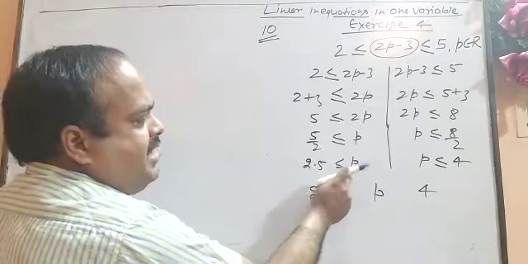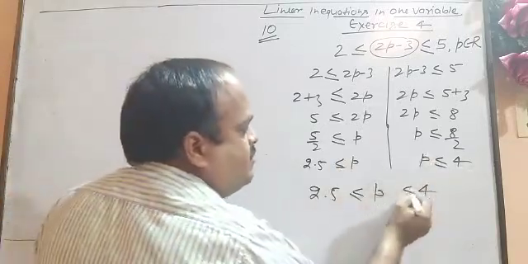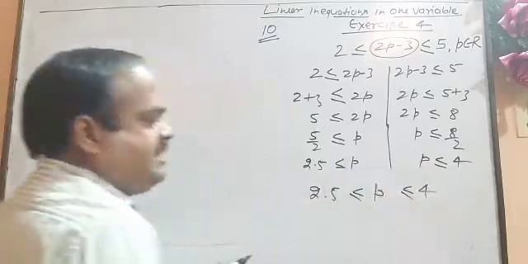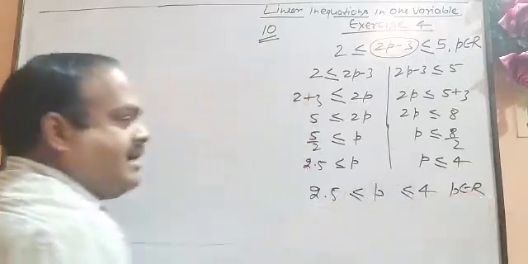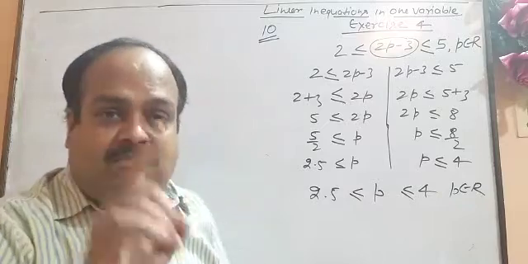So this says that p is more than or equal to. Make this symbol. This says that p is less than or equal to. Make this symbol. A smaller number this side, greater number this side. So this is called the range. Remember, this is called range. And if you don't write the range in the examination, you will lose 1 mark.